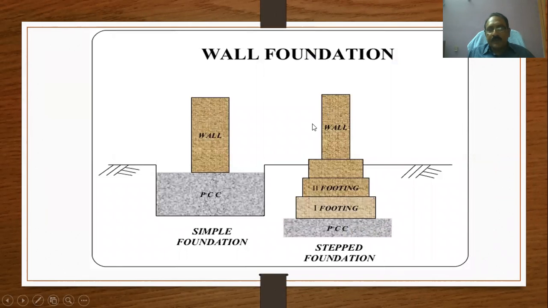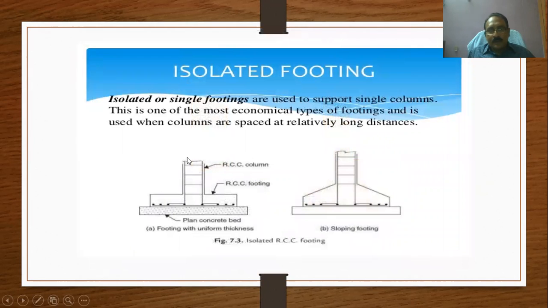This is wall foundation. Again, this is PCC bed, first footing, second footing, wall. This is a simple foundation. This is the RCC column, RCC footing, plain cement concrete, isolated footings. So you see this video, and tomorrow we'll see some more classifications.